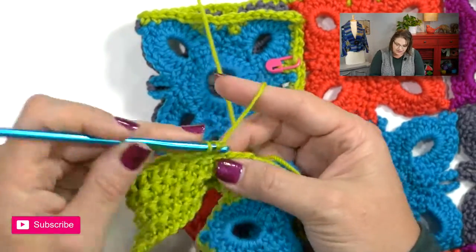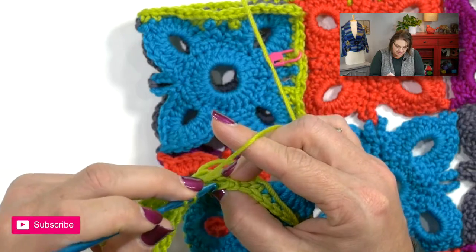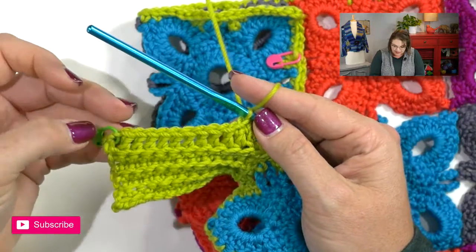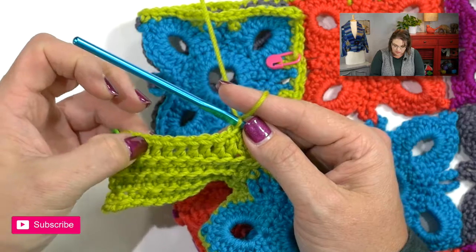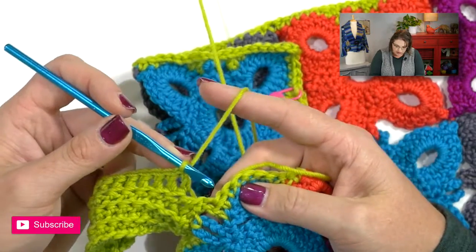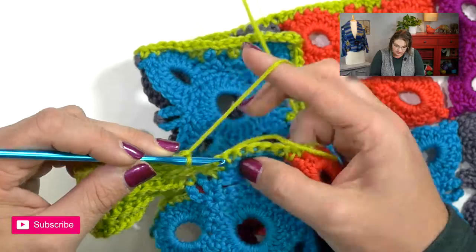Plus, you know, it's one of the things that my friend Robin Chichula does. And anything that Robin does, you can't go wrong with. She is fantastic. So I'm just going to make sure I have 12 stitches. So remember, this chain 3 counts as a double. So 1, 2, 3, 4, 5, 6, 7, 8, 9, 10, 11, 12. Perfect. I want to make sure I'm joining once again, so I do not join into the edge that's already been used. I go to the next one up,